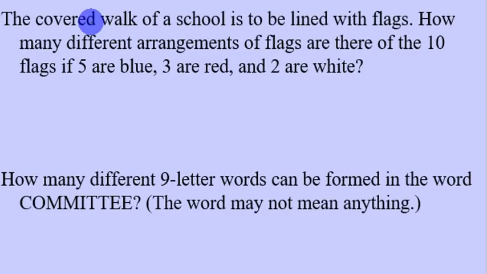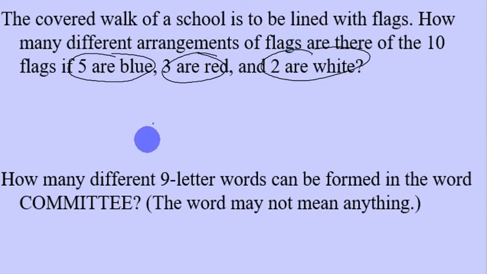For example, the covered walk of a school is to be lined with flags. How many different arrangements of flags are there of the 10 flags if 5 are blue, 3 are red, and 2 are white? So if we just rearrange the blue, it will just look the same. So we will need to remove the arrangements of the 5 blue alone, the 3 red alone, and the 2 white alone. So therefore, by the formula of permutation of repeating objects,